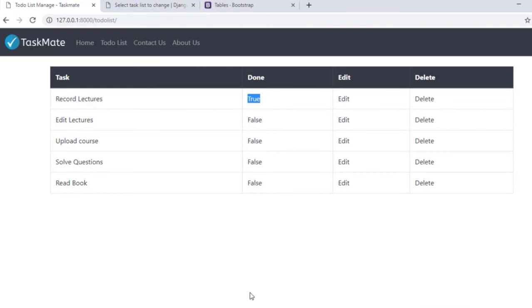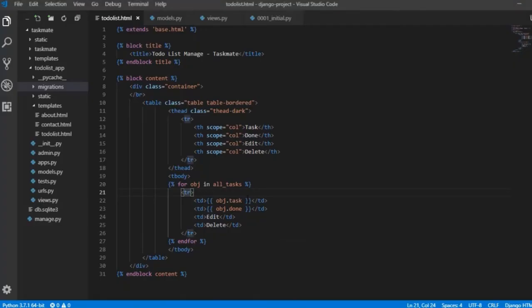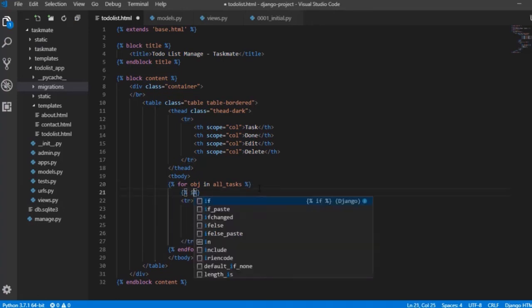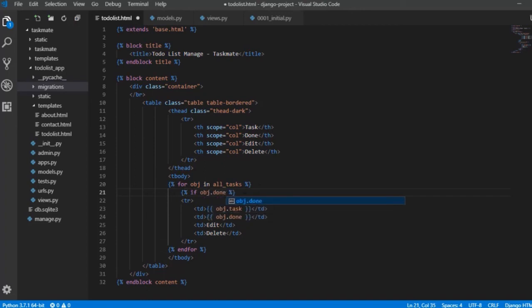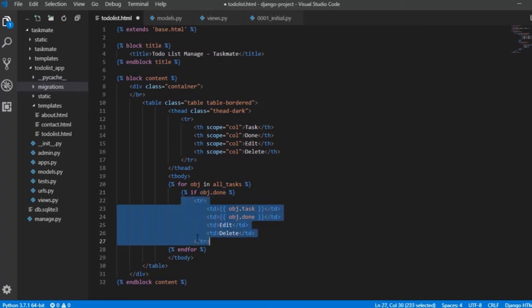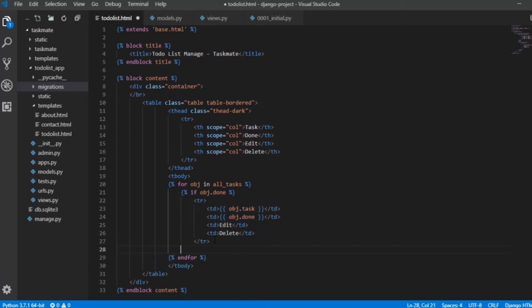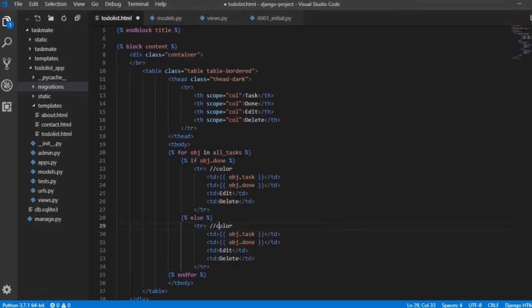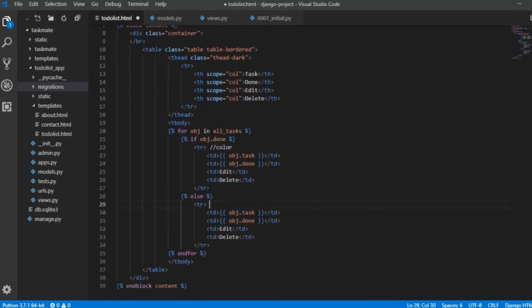It would be quite simple. We just need to add an if statement. So all you have to do is before looping through this row, we need to check if the task is done or not done. So if this object is true, that is if this done is true, what we are going to do is we are going to change this one. And then let me add an else condition. Here if the task is not done, then we are going to show something else. So let me mark as,